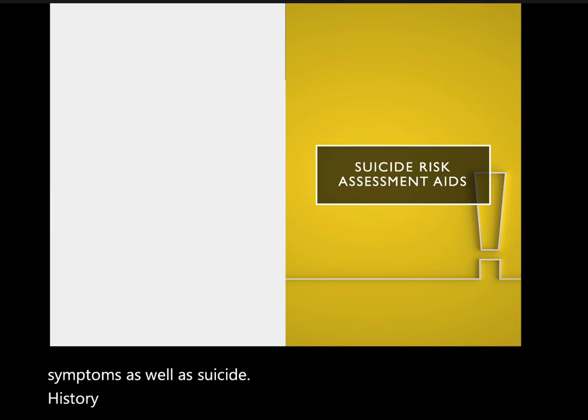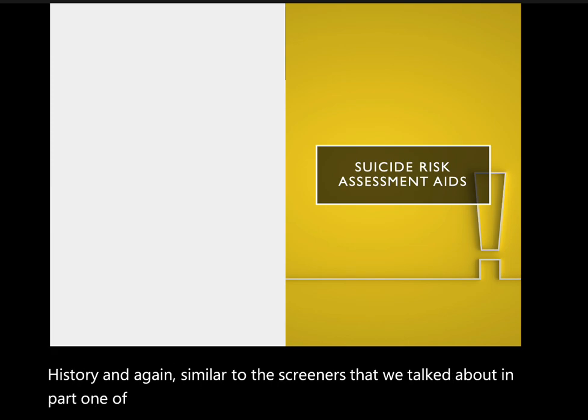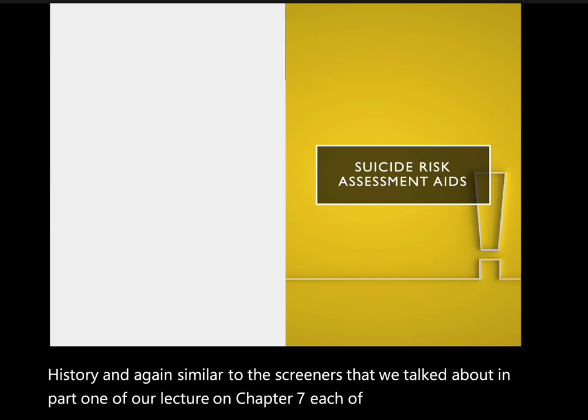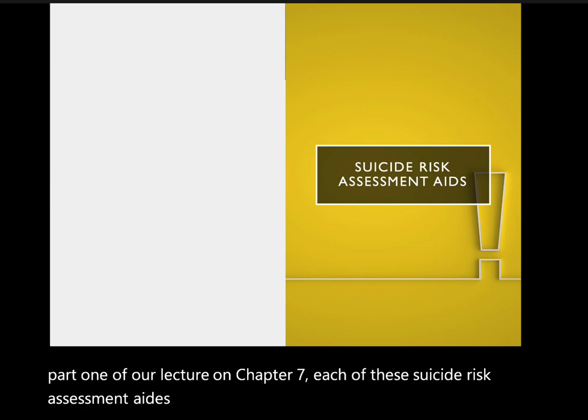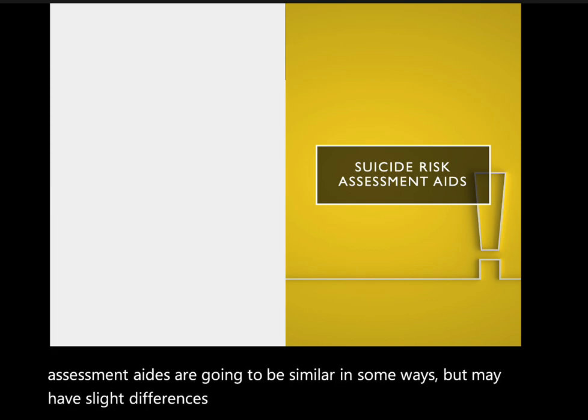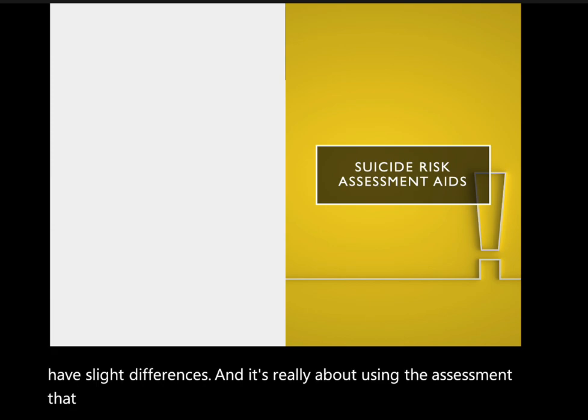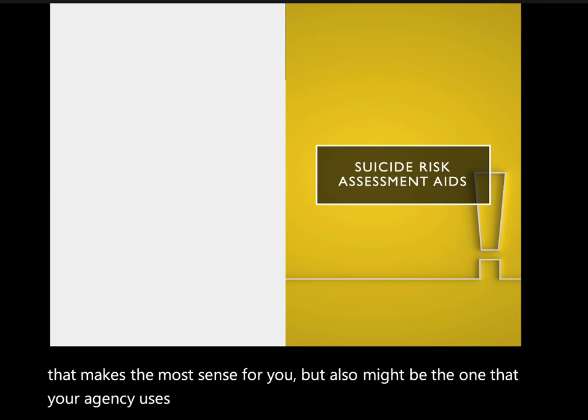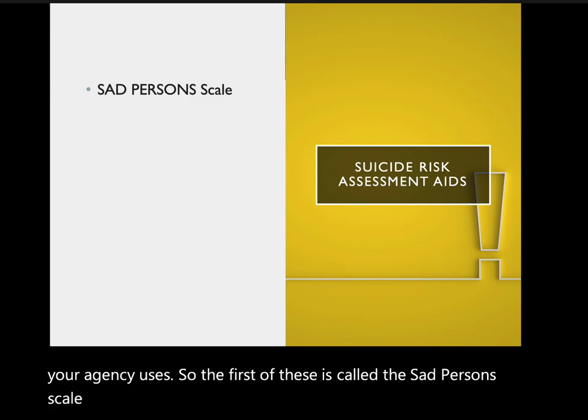history. And again, similar to the screeners that we talked about in part 1 of our lecture on chapter 7, each of these suicide risk assessment aids are going to be similar in some ways, but may have slight differences. And it's really about using the assessment that makes the most sense for you, but also might be the one that your agency uses. So the first of these is called the SAD Person Scale, which provides a convenient acronym